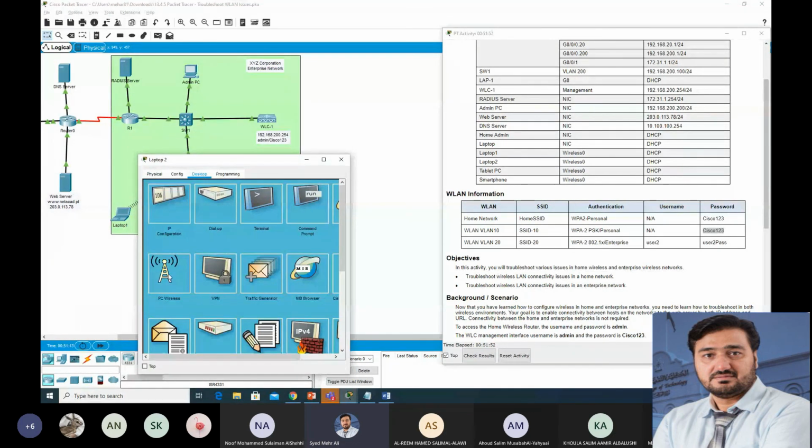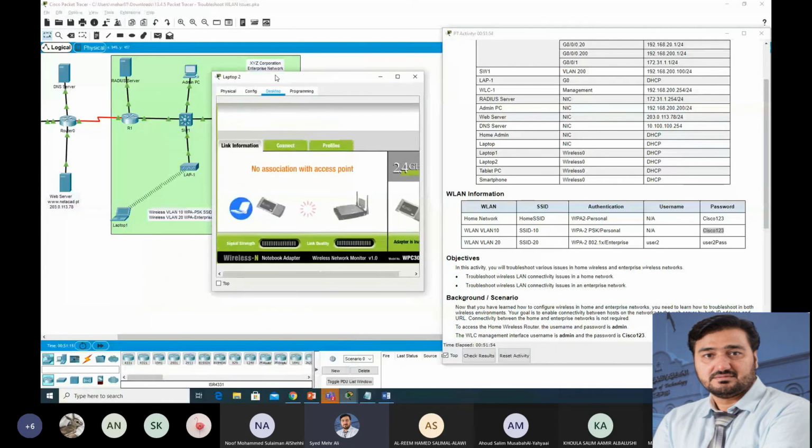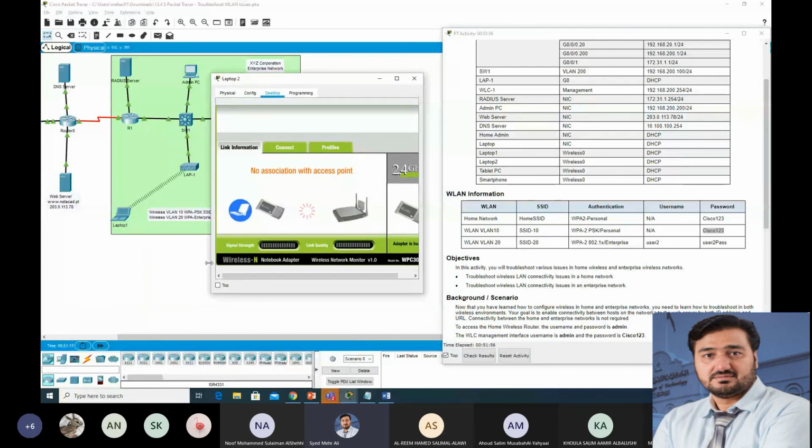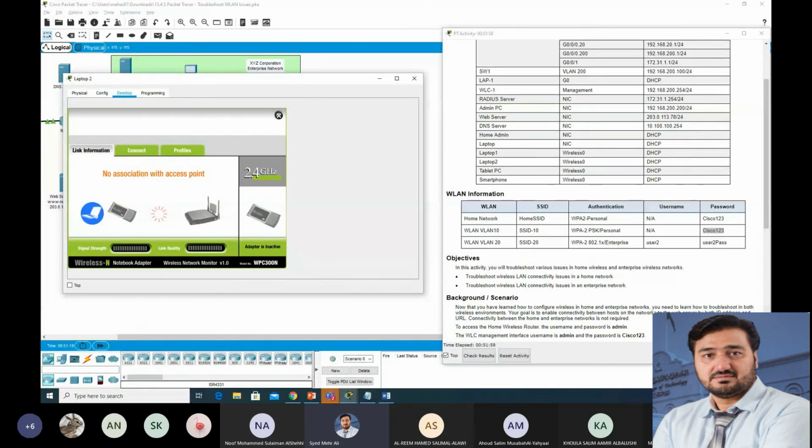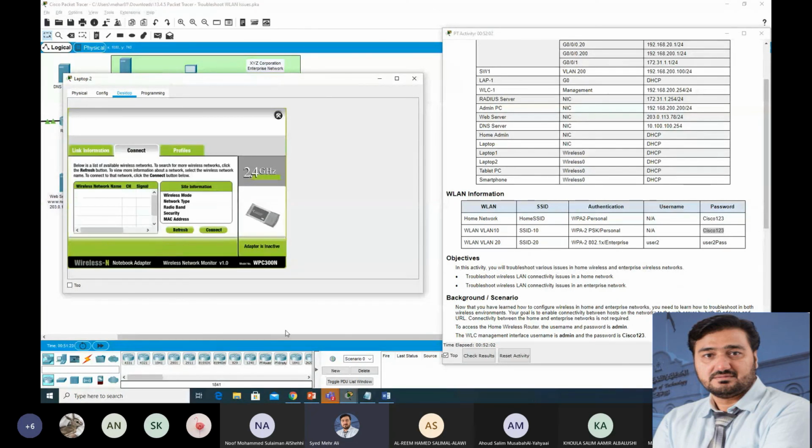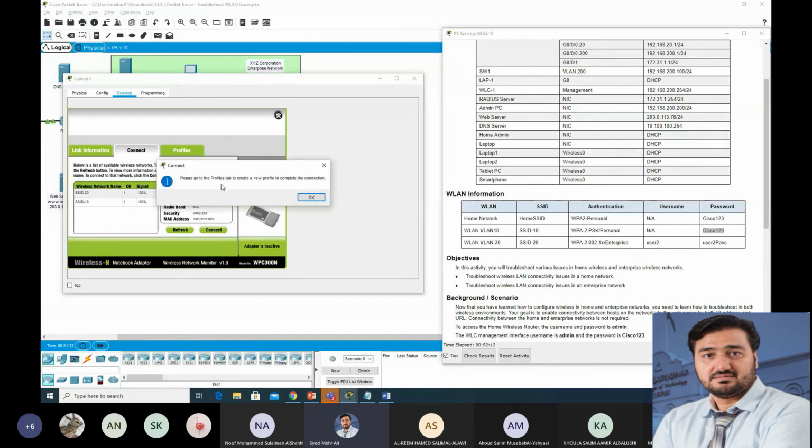Go to the desktop, PC wireless, and we need to create the profile. If you need to connect to VLAN 20, please go to the profile tab to create a new profile to complete the connection. It means the profile is not configured properly.